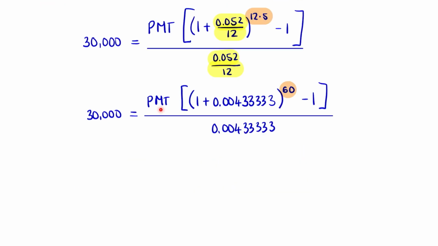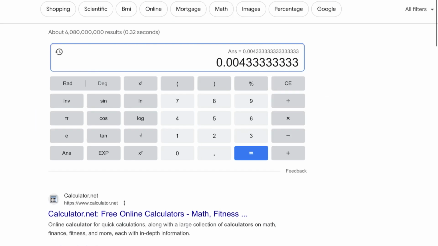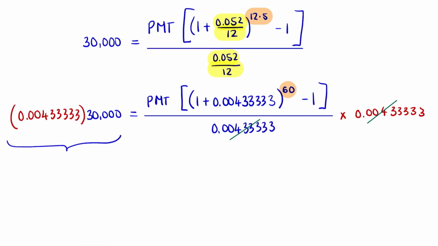I need to solve for PMT. So I need to get rid of this denominator. So I'm going to multiply both sides by 0.00433333. So this number got canceled out. And I take 0.00433333 times 30,000. So I take this number times 30,000. That is 130. So this product is replaced with 130 equals